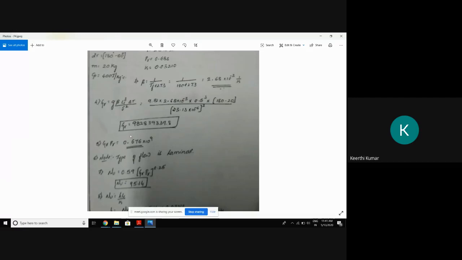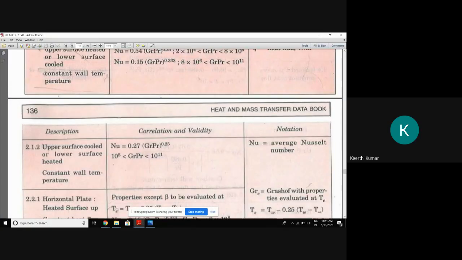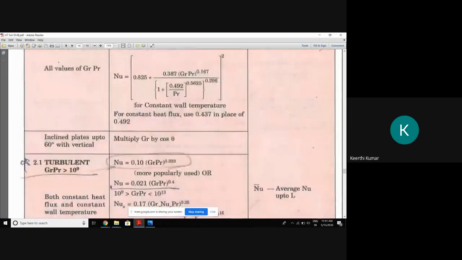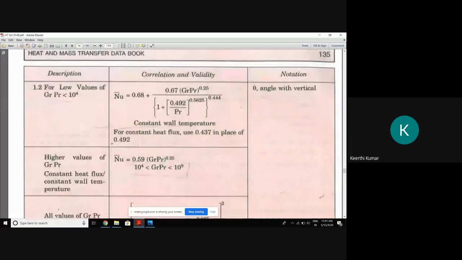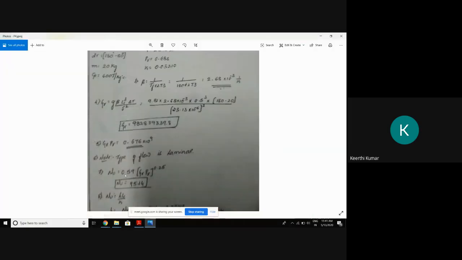Or if the flow is laminar and nearer to the turbulent flow, there is one formula. The formula in the table is in the data handbook, so I'll project it. Can I see the data handbook now? Here, higher values of GrPr. How much does higher mean? Less than 0.9 only. If it is here, 10 to the power of 4 to 10 to the power of 9, and it is nearer to 10 to the power of 9, I will go with this formula. Nusselt number is equal to 0.59 (GrPr)^0.25. So same thing I have taken.